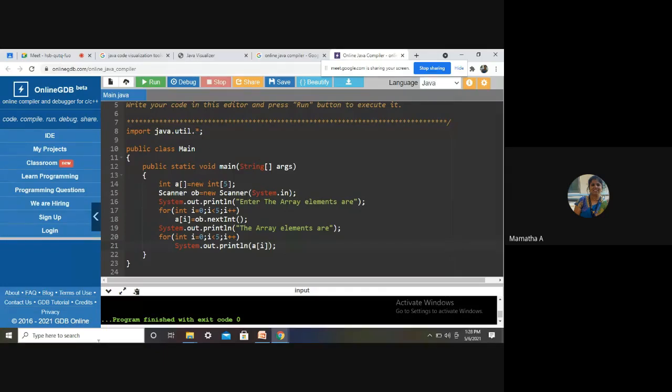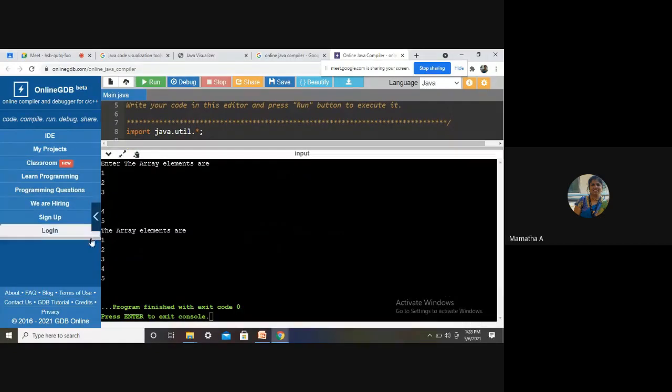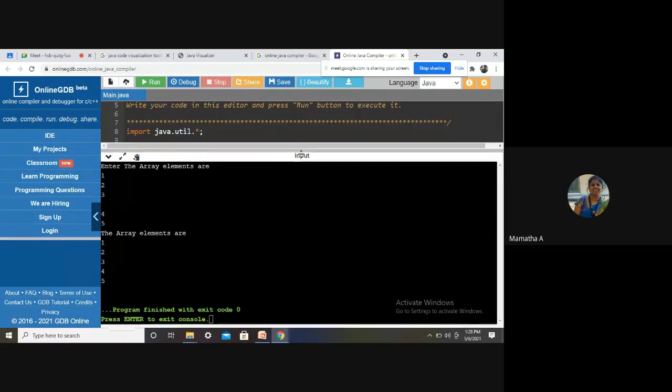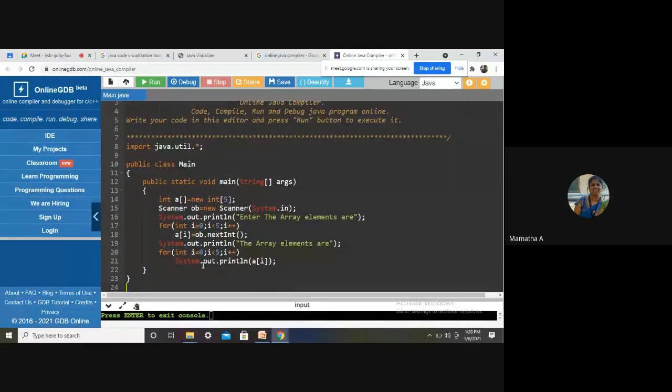Print the sum of the elements. If I ask the sum here, the answer should be 15. I don't want the array elements printed, only the sum. I'll post it in the group: read an array of 10 elements and print its sum for the next class.